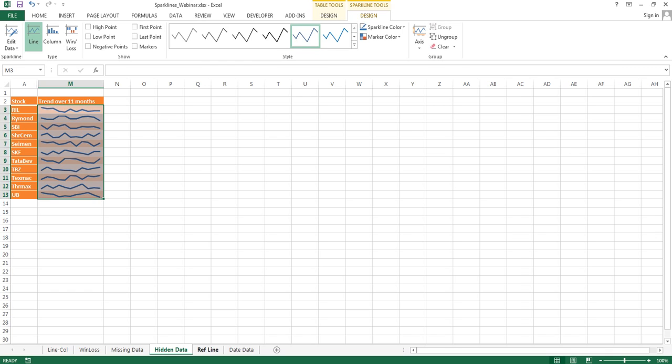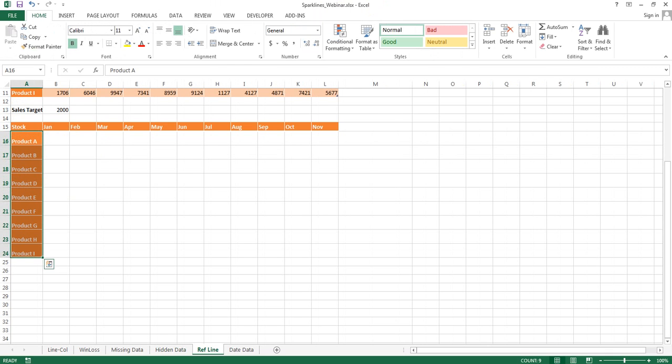Okay, third very common thing that comes up when you're doing event charts is, I want to put a reference line in my chart. Let's say I'm making sales in the 11 months. I want to put a reference line which says this was my target and so many sales were above the target and so many sales were below the target. So we want to put a reference line in our data.